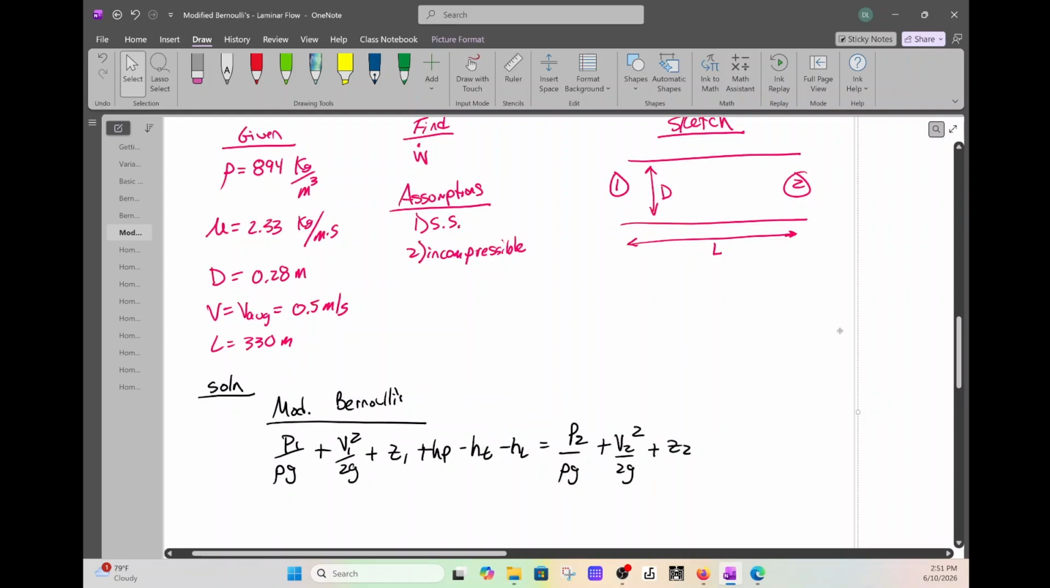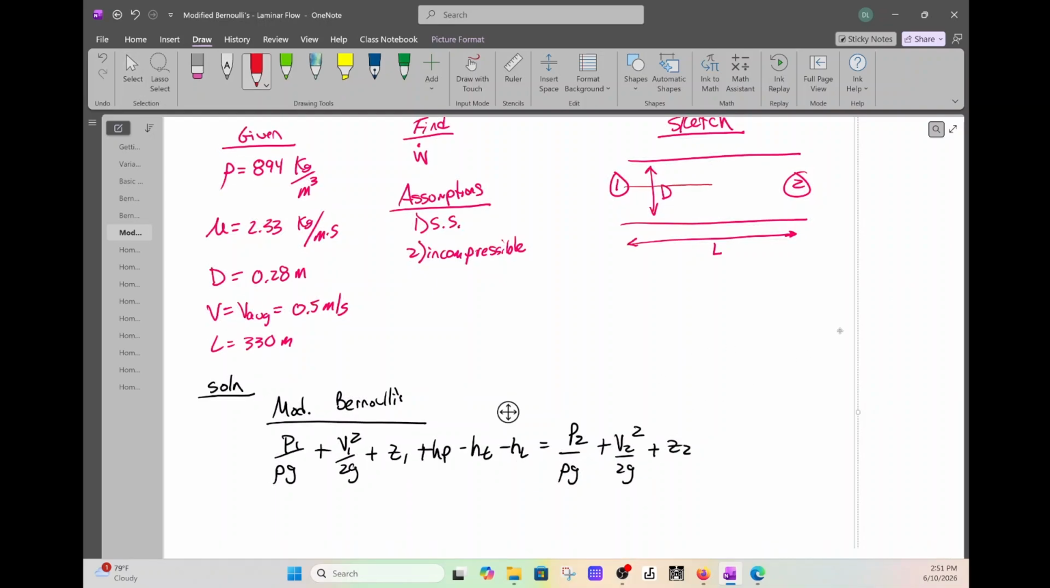From 1 to 2, let's look right at the center line. Okay. So those two go away because those are the same velocities and it's a pipe. We're going to do the center line. So the velocities are the same. There's no elevation change between Z1 and Z2. Is there a pump or a turbine? Nope. So we end up getting HL equals,